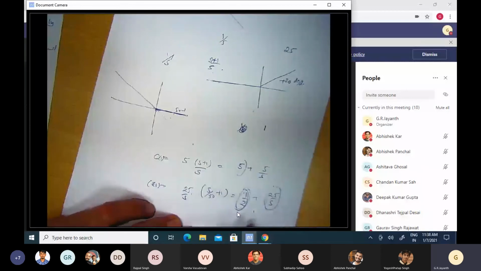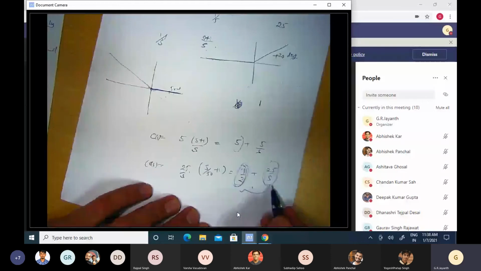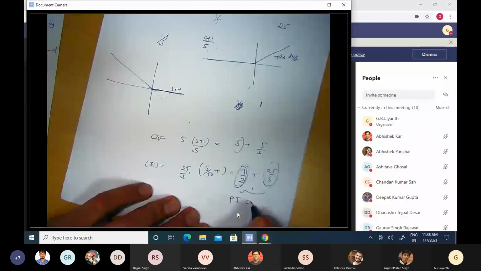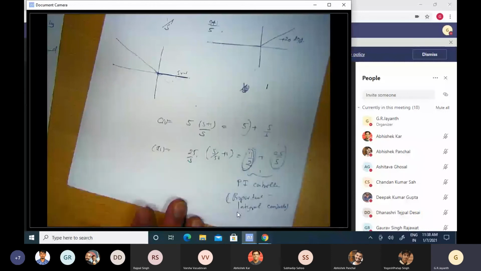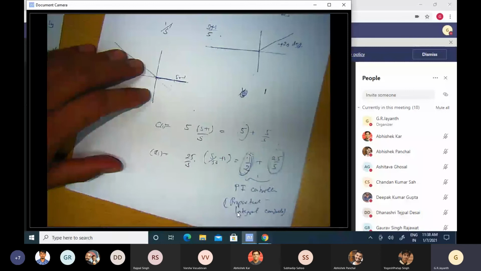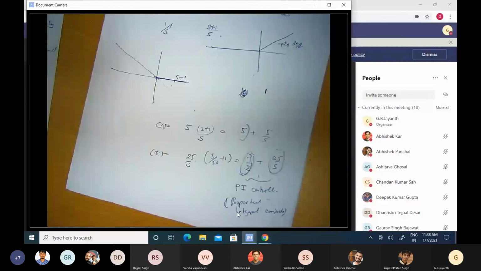Okay, so this kind of a controller where you have a proportional term and an integral term is called a PI controller, proportional integral controller. It turns out that for more general problems, you need another term also, which is for derivative action, and we shall probably briefly look at that controller structure in the next class.